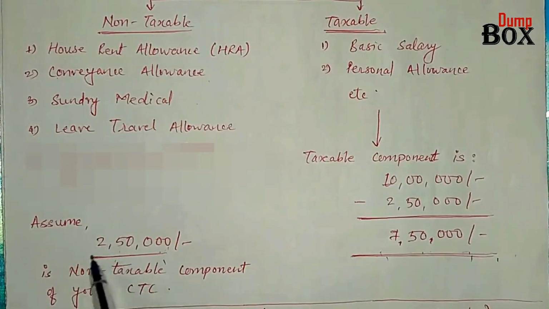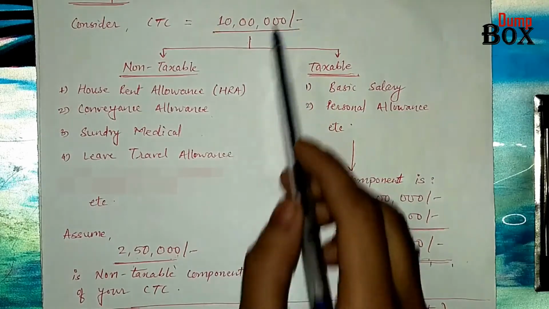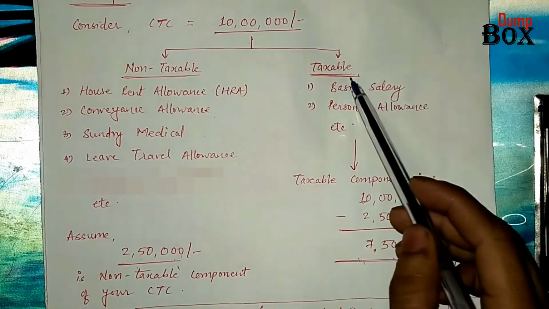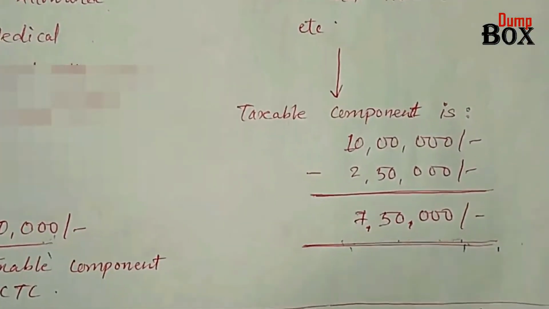Let's assume 2.5 lakh is the non-taxable component, that is addition of all these. So 10 lakh minus 2.5 lakhs, that is 7.5 lakh is the taxable component of your CTC. So you have to pay tax only on this component. But